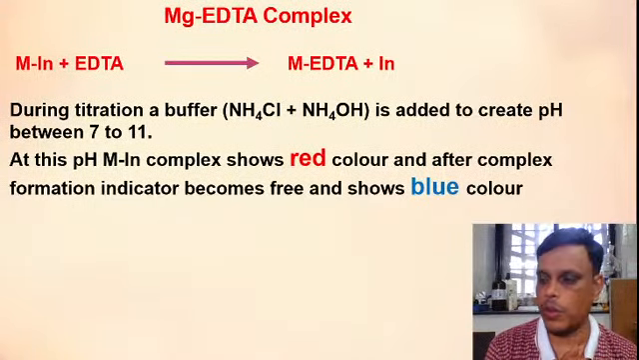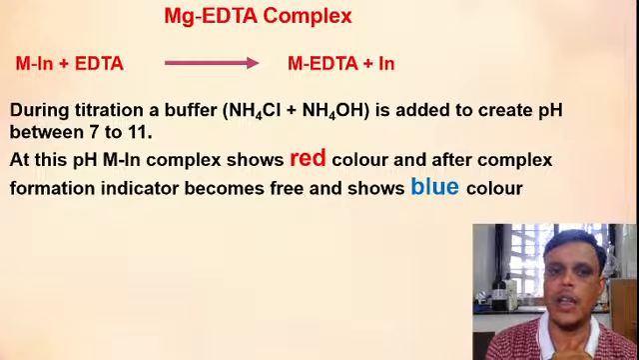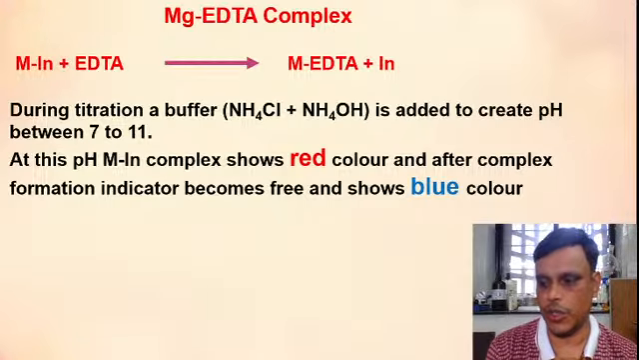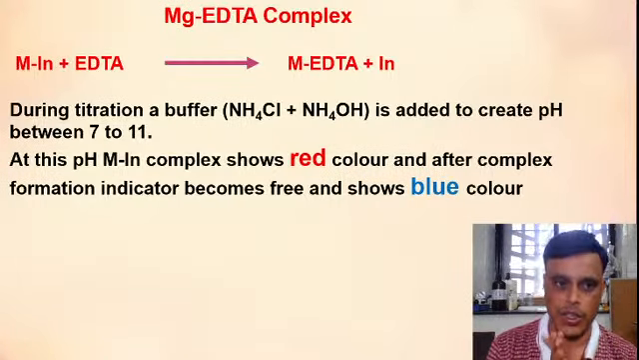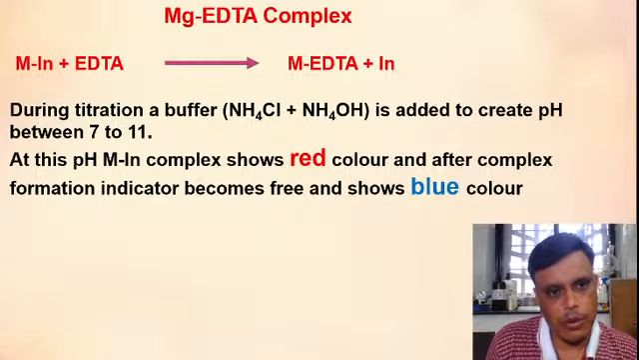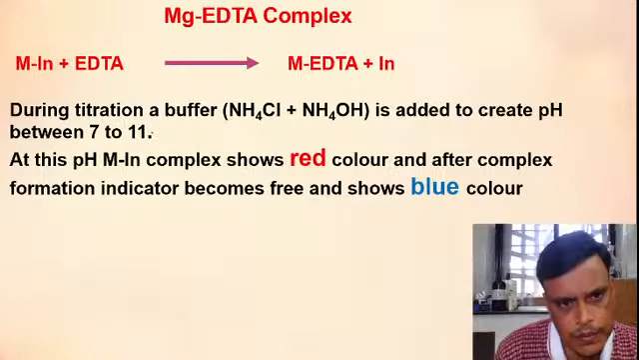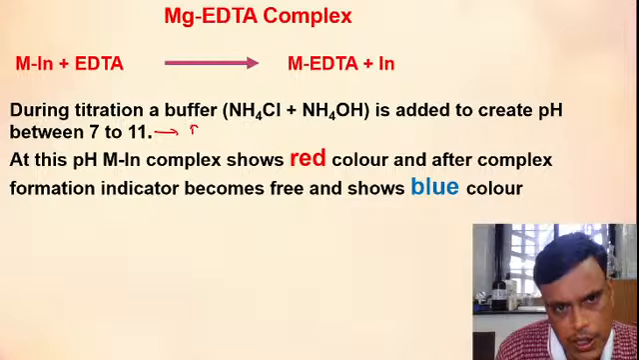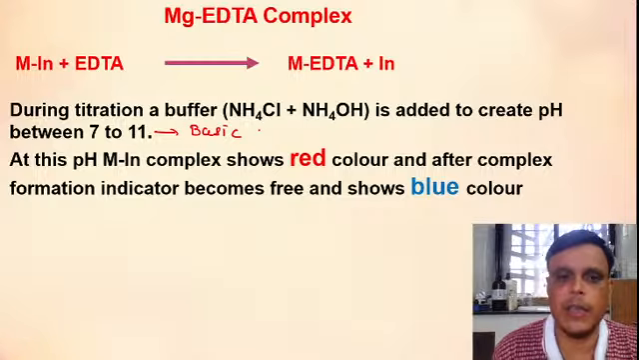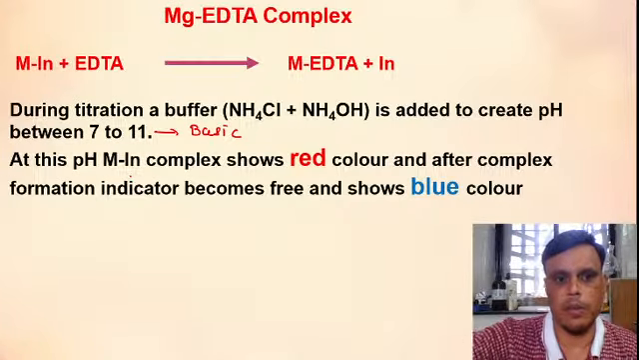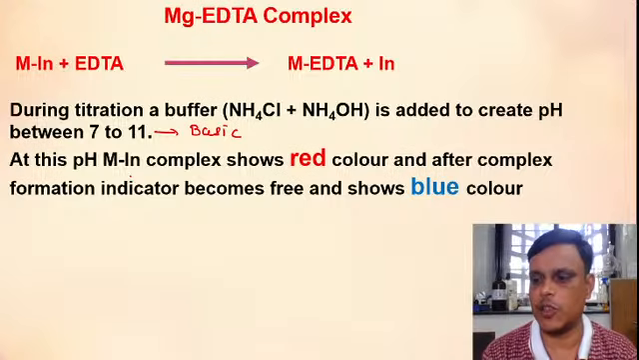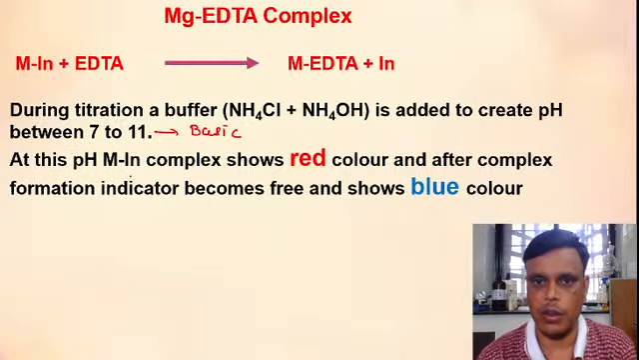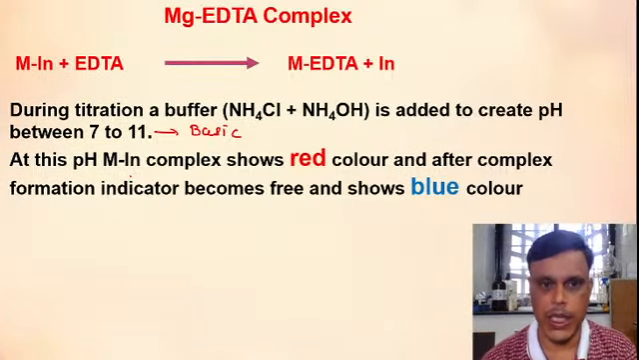And which buffer you have to use? You have to use NH4Cl and NH4OH. This buffer maintains the pH in between 7 to 11, and this pH means it is basic pH, correct? So a basic buffer you have to use. So to maintain this basic pH you have to use a basic buffer, that is NH4Cl and NH4OH, and at this basic pH,